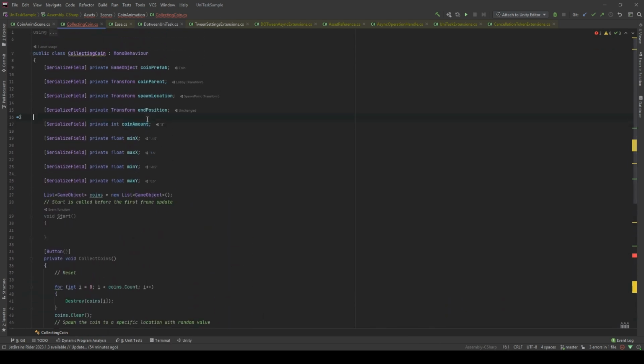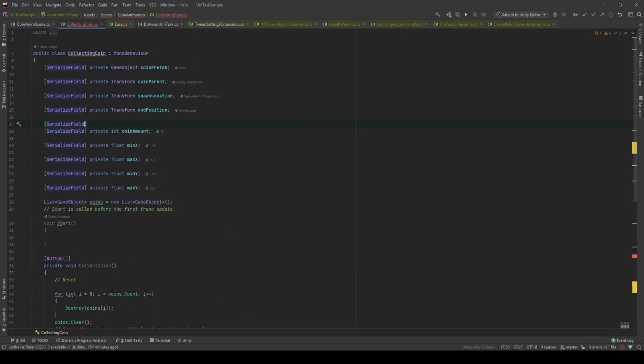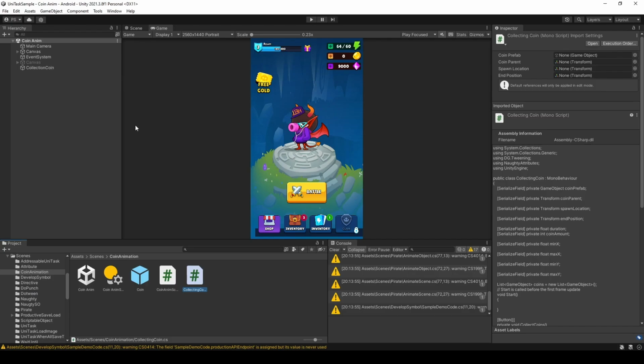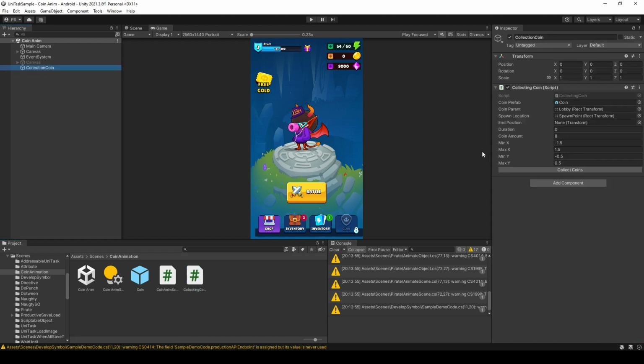Well, I will just move the views and make it serialized to help us debug it. And sometimes we can just tweak the value in the inspector, and I'm gonna pass the duration right here. What is this? Transform, Vector3. Oh, and position.position. Okay, let's save it. In Unity, we're gonna click Collect Coins,